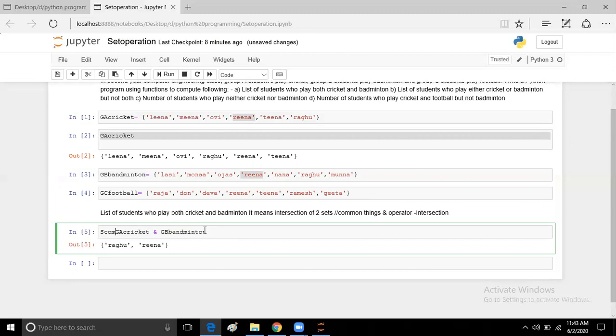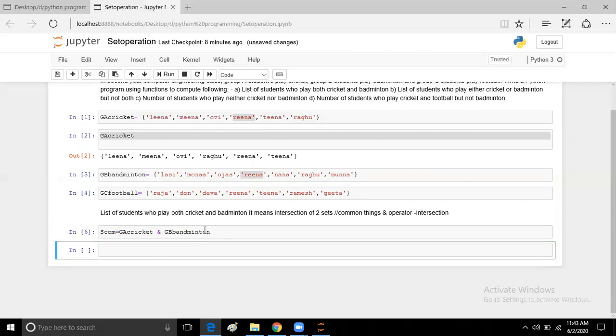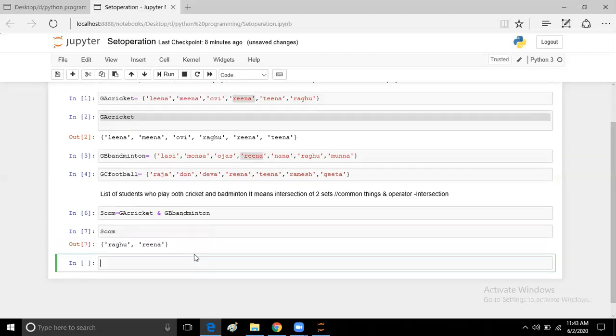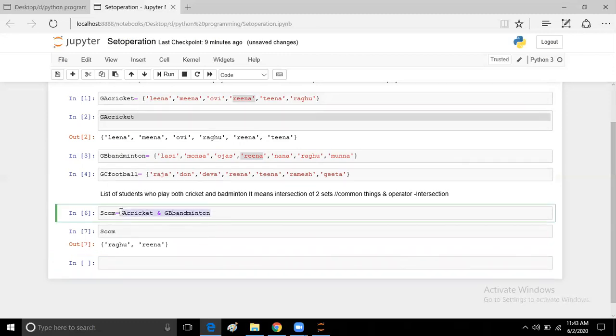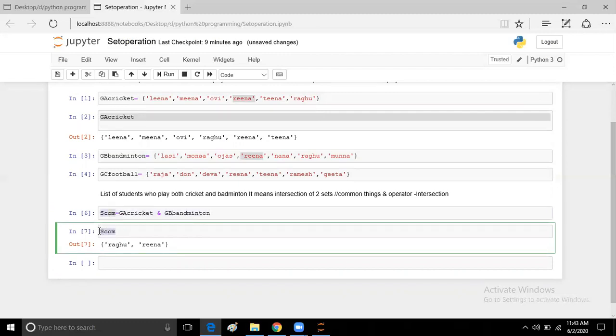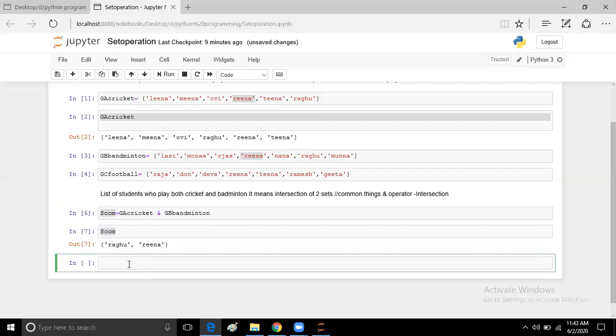Then when I show it, I will get the output. You may either show the operation on both sets directly, or store the output of the operation in a third variable and print it, right?